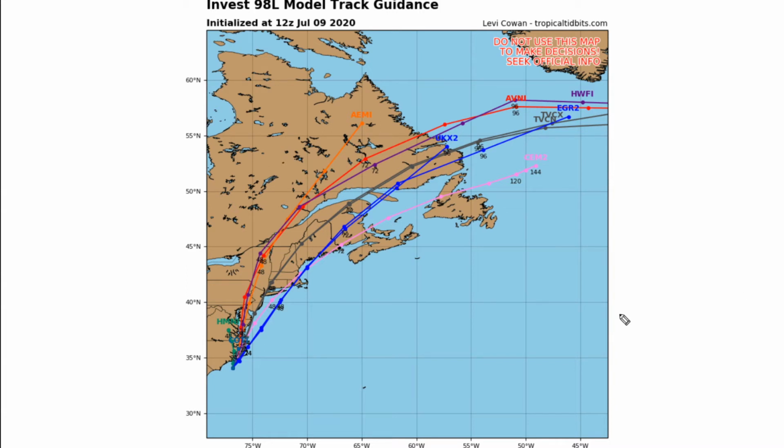You basically have two different groups. You have the groups that want to keep it just offshore, and that would be the blue models, the pink model, and the gray model. So those three are the models that are basically keeping it offshore. Now, the rest of these models are all the ones that are keeping it onshore, which would actually lead to